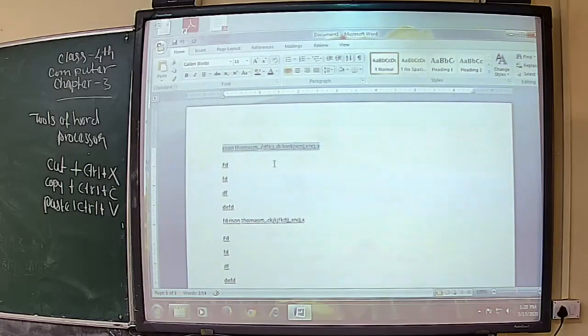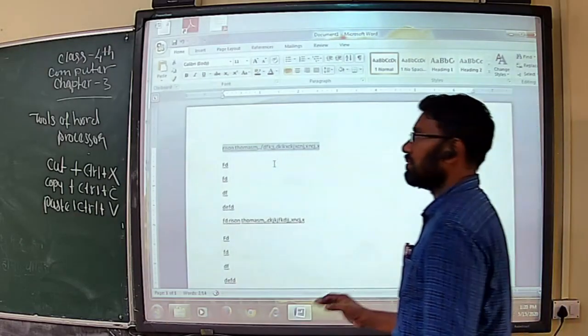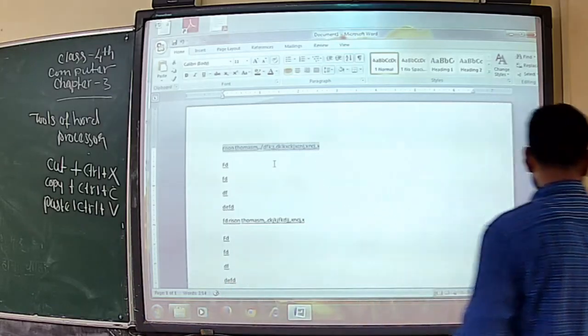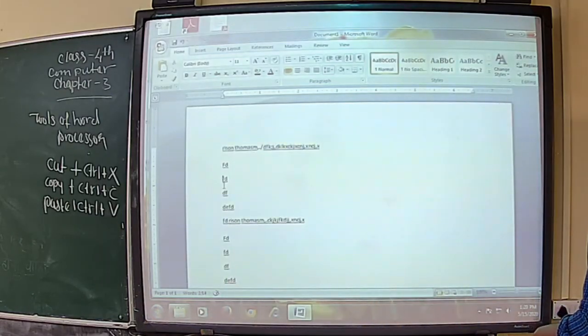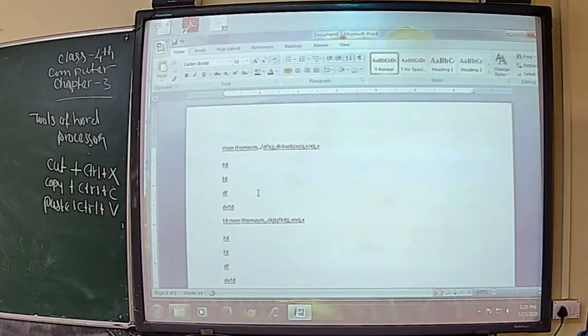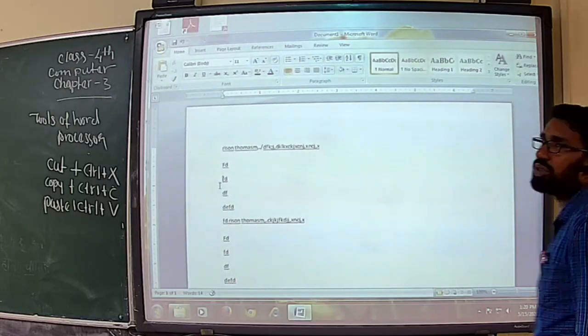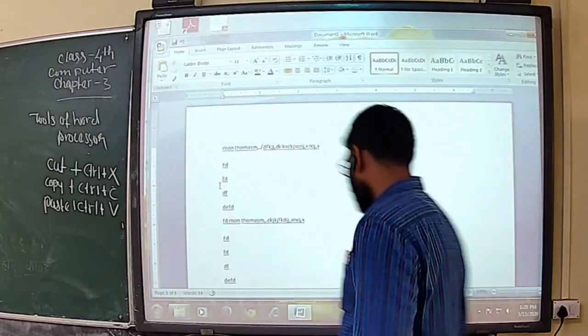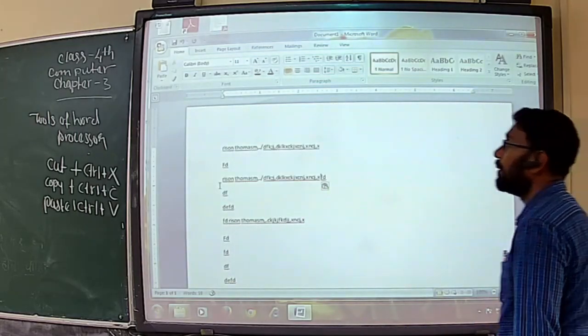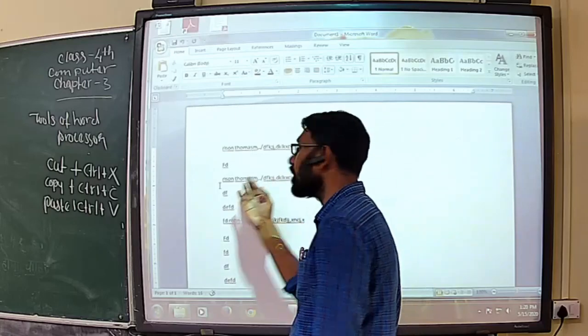When you click the copy button, we never see anything. It's just copied. And we need to move the mouse pointer to the desired location. The 3rd row, I said. So in the 3rd row, I want to place the copied text. We can use the paste option from the clipboard, or right click here, or use the keyboard shortcut. So I'm using the keyboard shortcut CTRL plus V. What happens? The same text gets copied on the third row. Clear?